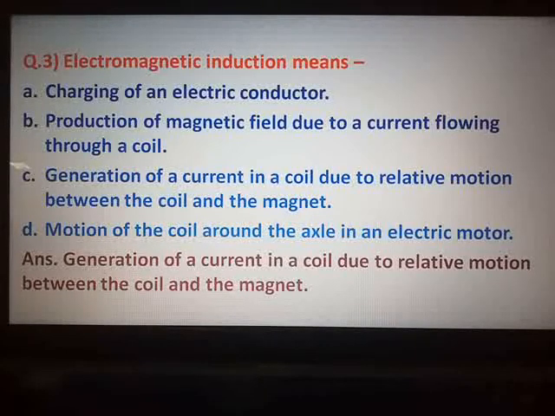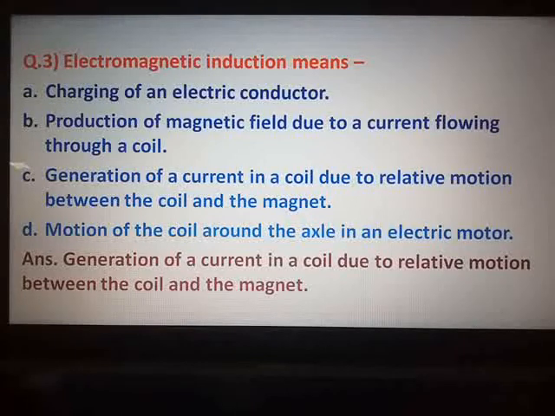Question number 5, I will just read the question. Which device is used to produce electricity? And describe with a neat labelled diagram. Motor? No. It works on the basis of electricity. Galvanometer? No. Electric generator? Yes. Voltmeter? No. So the correct answer is C, electric generator. And in the bracket they have given DC. You only make it AC.